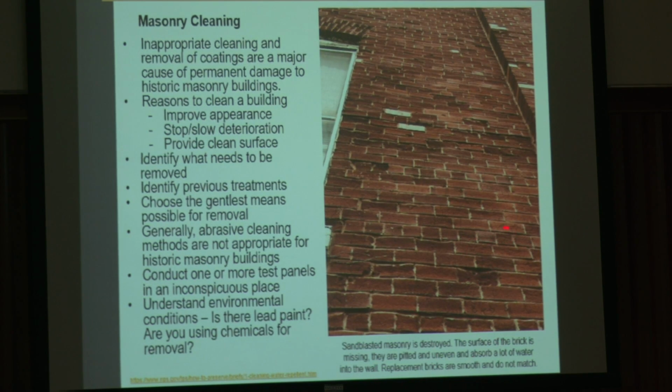This is irreversible, obviously. It's taking the fire skin off the brick, and the brick now is a sponge, so it just absorbs water. So they have a lot of issues with plaster on the inside of this building because it's direct plastered onto the brick on the inside face. There's lots of bubbling, and they're like, why? Well, I can't imagine. They're getting a lot of water in here. So when this happens,